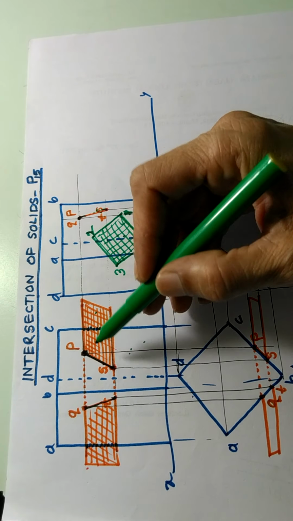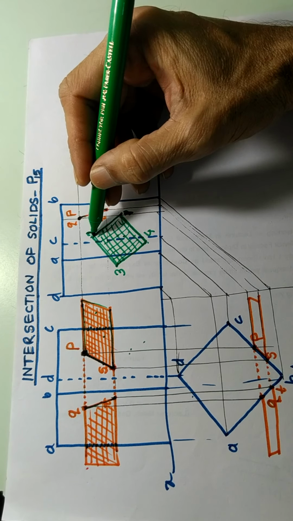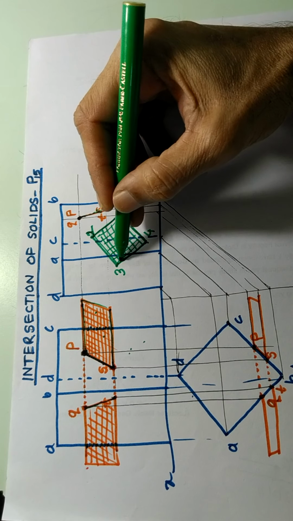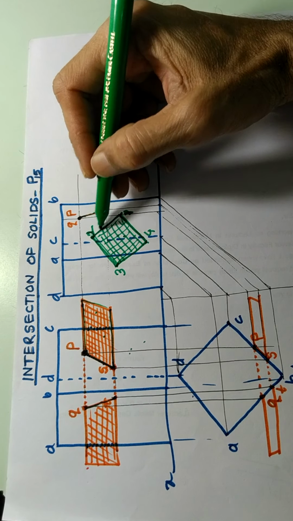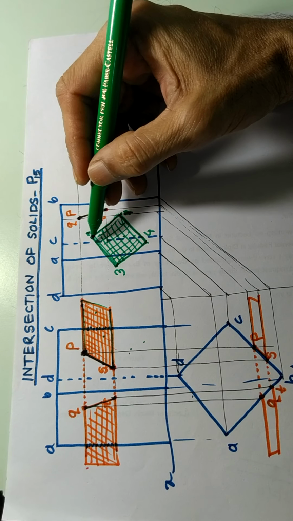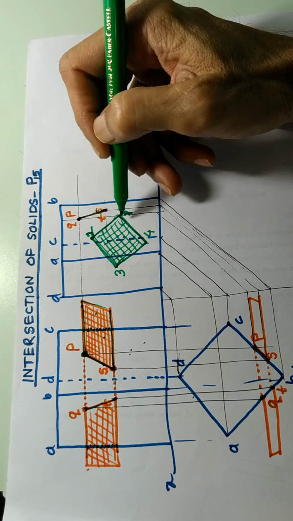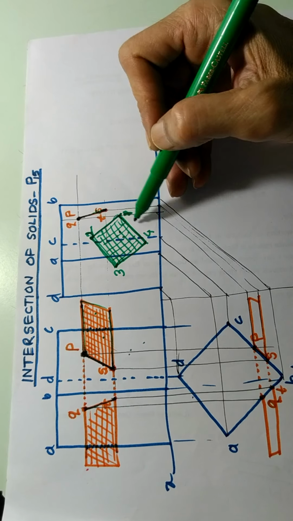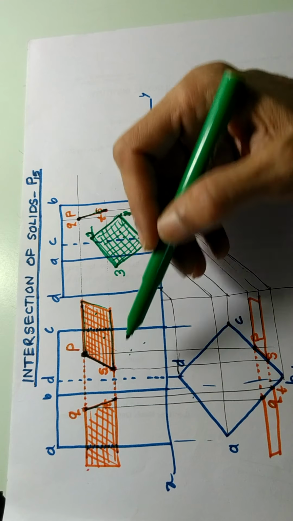What you will have to do is, just like what we have done with this plane, you can see here there are 4 planes. Here there was one plane. Now there are 4 planes, 1, 2, 3 and 4. These 4 planes are cutting the prism. So if you could draw 4 planes, like we have drawn one plane, then those 4 planes combined together will form the required solid. And like this line PS, these 4 planes also will have their own lines, and those lines will form a curve over here.